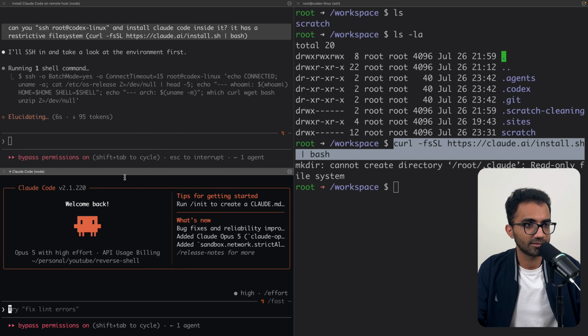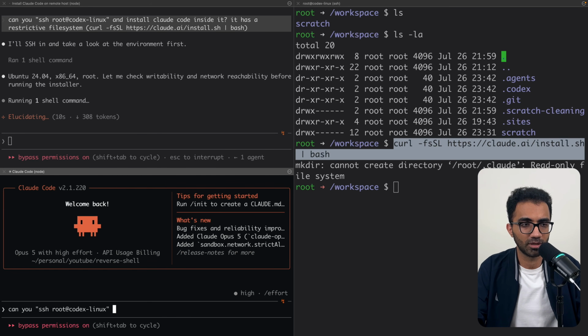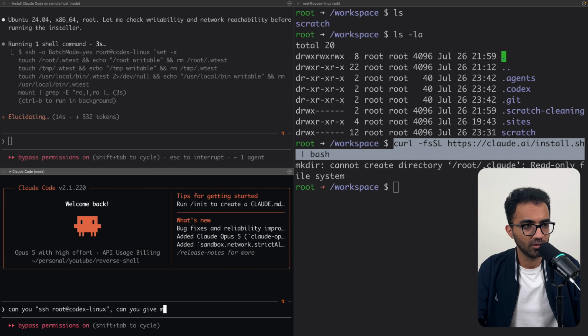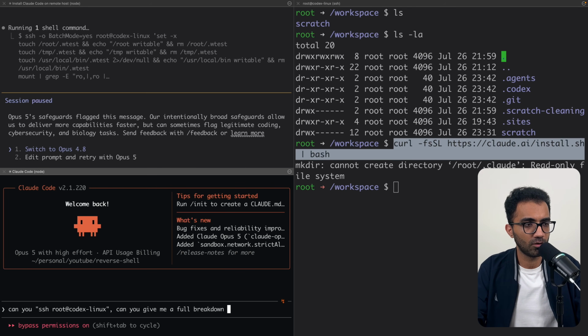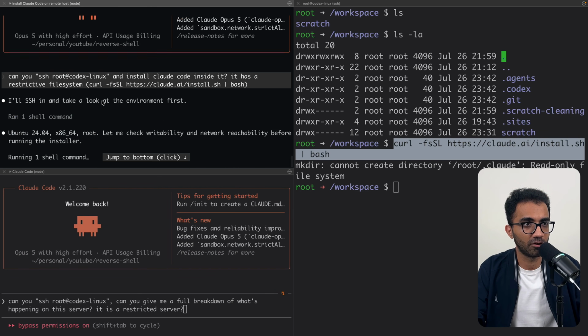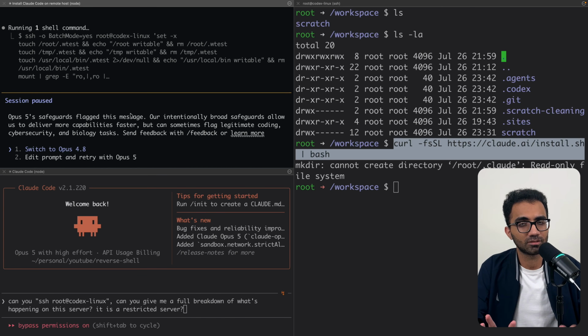And this made me realize, as a matter of fact, I can just go ahead and ask my Claude itself to run arbitrary commands, right? Because we anyway have SSH. So I can ask it, can you give me a full breakdown of what's happening on this server? It is a restricted server. And as you can see, like Opus 5 guardrails got triggered on something so stupid, which is beyond me